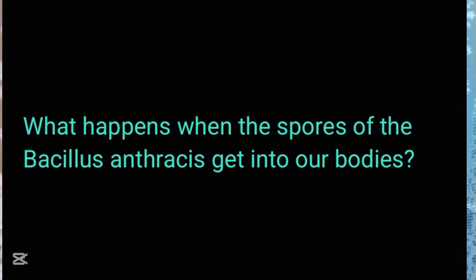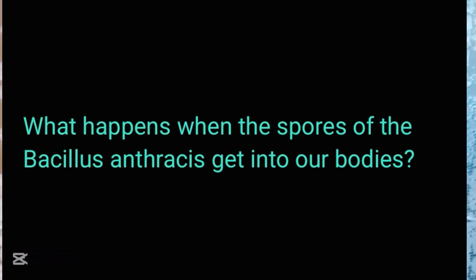So the cells that make up those organs will die, and the organs will shut down, and then the patients will die. Once the infected individual or the animal dies, the vegetative form of the Bacillus anthracis will now be released into the environment. Once in the environment, the vegetative form of the Bacillus anthracis can now be transformed into